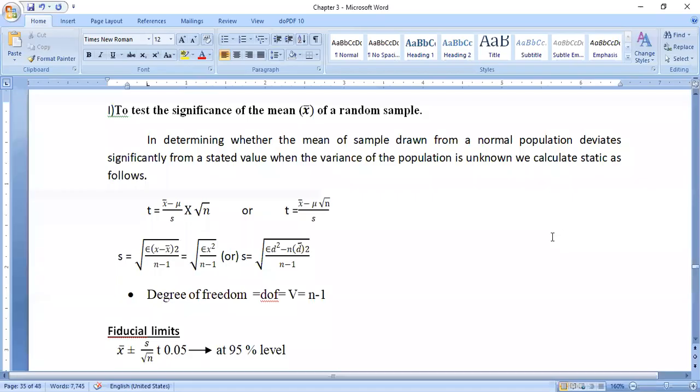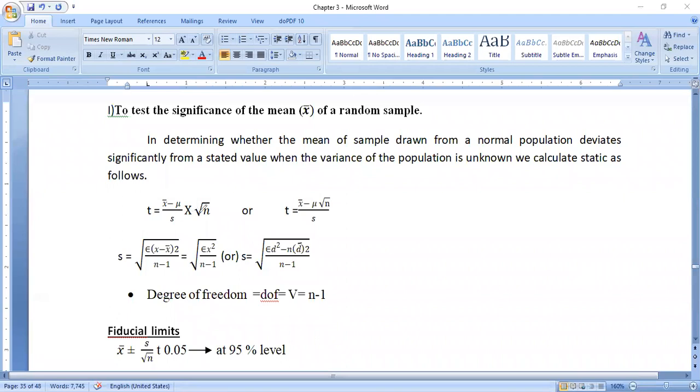to test the significance of mean of a random sample. The given formula will help us to calculate or to obtain the value of mean here. So these are the small principles, and you need to learn this principle by heart. T is equal to x bar minus mu